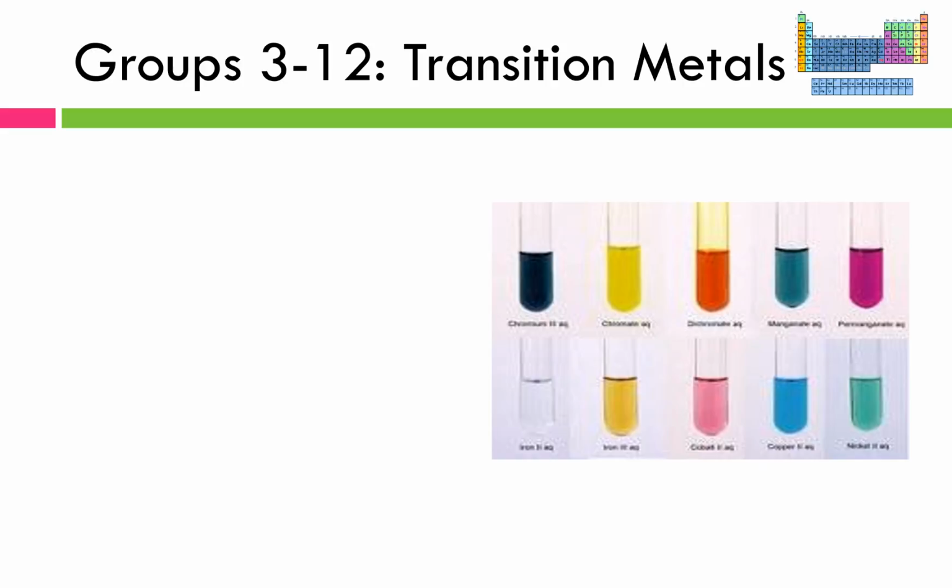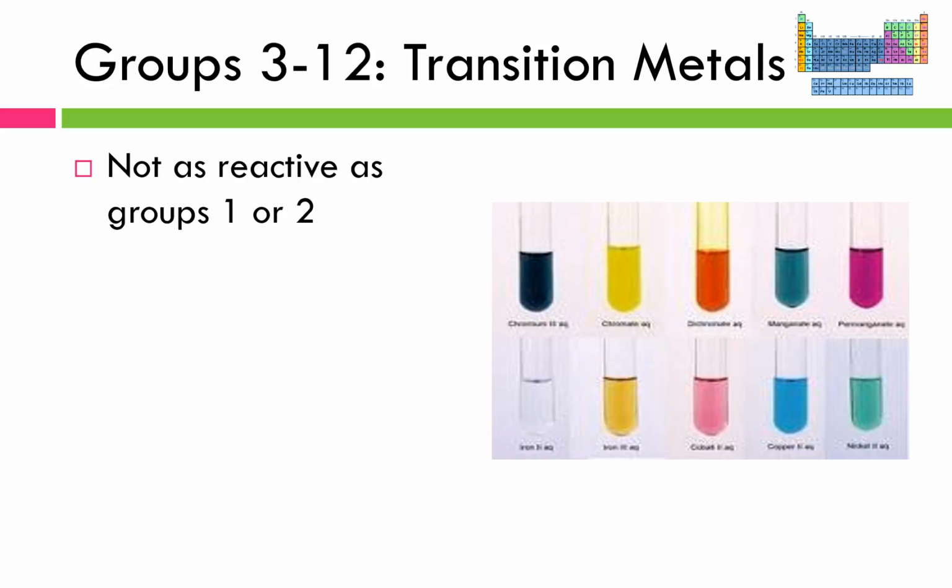Don't worry, we're not going to go row by row. We'll take out a big chunk of them right now. Groups 3 through 12 are collectively known as the transition metals. And these are traditionally what you think of when you think of metallic elements. They're not very reactive at all, relatively speaking, especially compared to group 1 or group 2 elements. But these are our strong, shiny metals. When you think about things like silver, platinum, gold, not too strong, but definitely shiny, aluminum, iron,